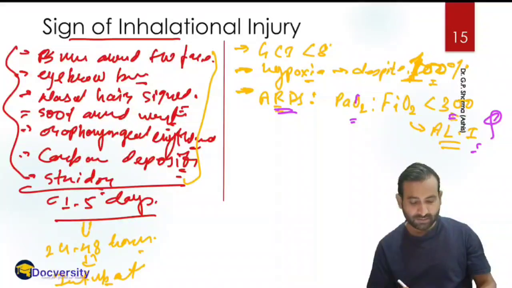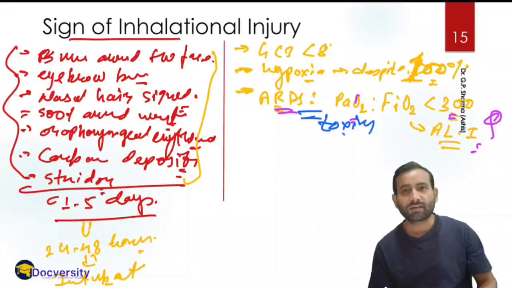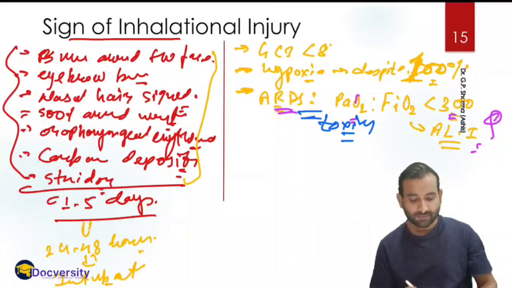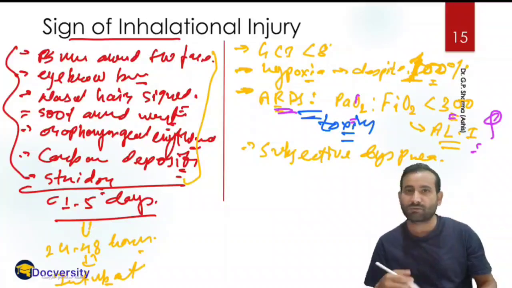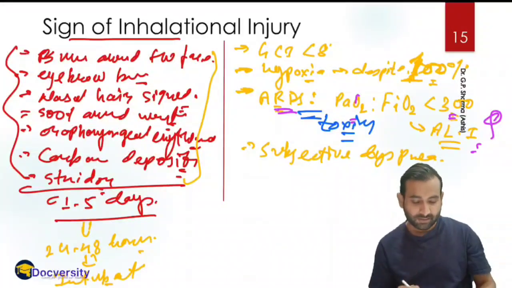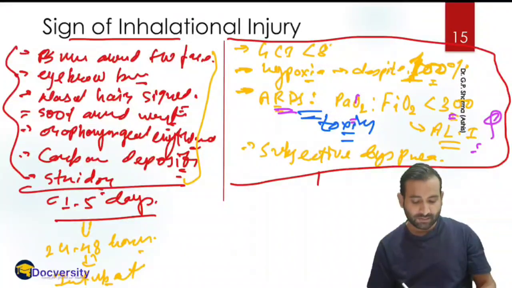It is because of what? The toxins. The toxins are causing the alveolar damage, alveolar injury, right? So the patient may present with these features, or the patient may have subjective dyspnea. The patient may feel difficulty in breathing, even though the oxygen saturation is normal, but the patient is feeling what? Dyspnea. Then if the patient comes to you with these features in case of inhalational burn, you have to go for what? Immediate